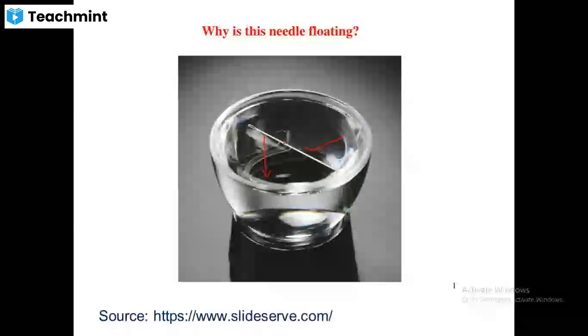So if it is steel, it should always go down because of its density, which is larger than that of the water. But you observe that it just floats. Again, what is the reason? It is surface tension. Because of that, this surface is acting like a stretched membrane. Therefore, this needle, which is a steel needle, floats on the surface very, very easily.